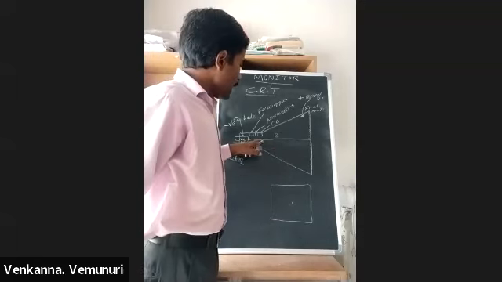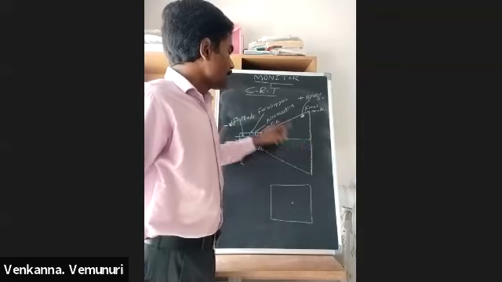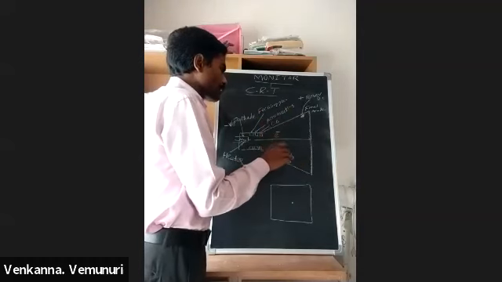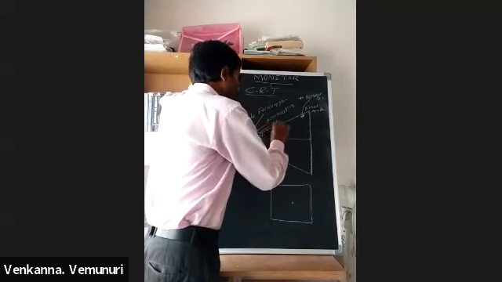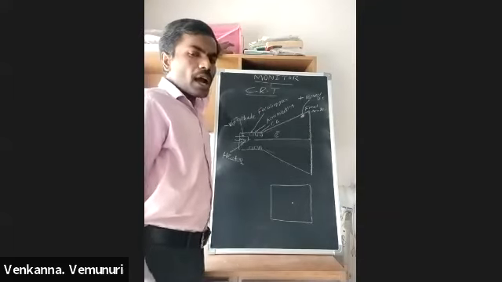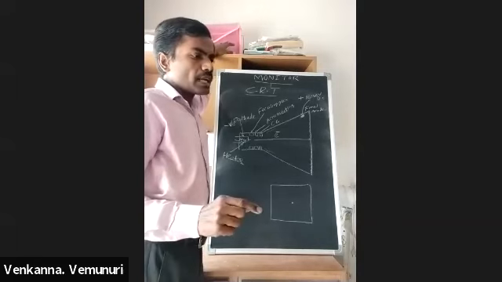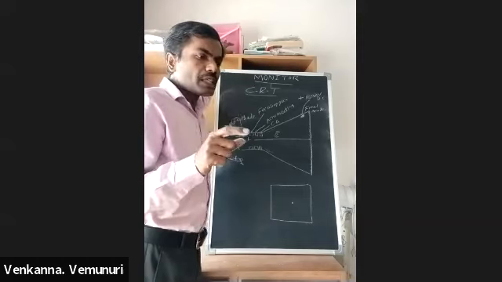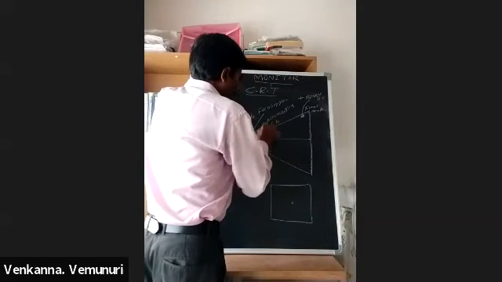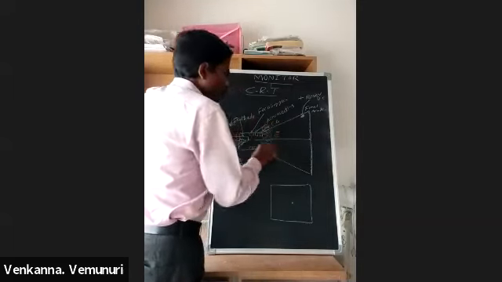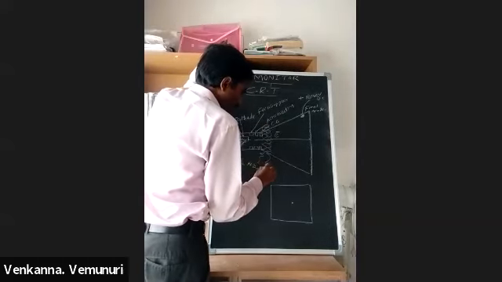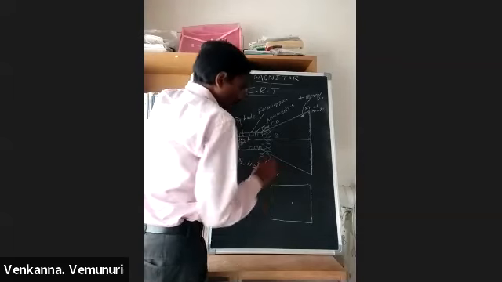Now this is the electron beam path, and here the electron beam is deflected horizontally and vertically. This picture tube internally has some plates. Those plates are controlled by the horizontal deflection coil and vertical deflection coil. These two coils are assembled in one unit. That unit is called yoke. Here in this place there is one yoke. In this yoke there are two copper windings. One winding is called horizontal deflection coil, and the other winding is called vertical deflection coil.